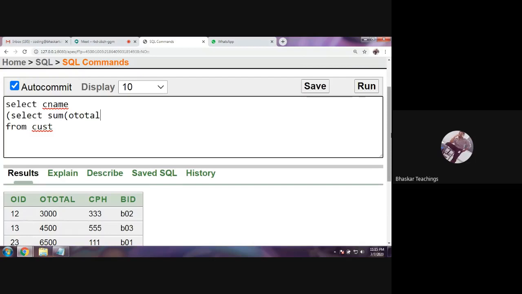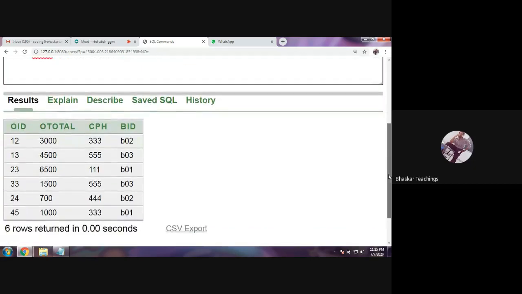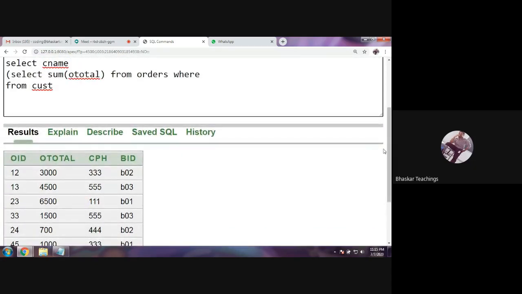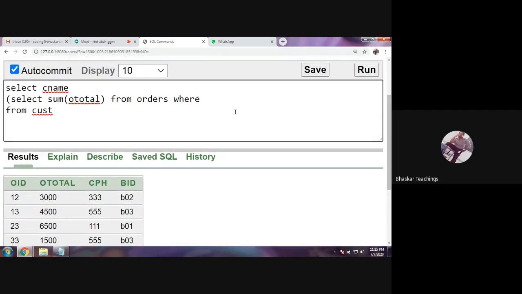Let us say this is the total. This is the table of the complete year. Throughout the year, these are the orders made by the customers. So total sum of O total from the table named orders. This is my inner query on orders, for which customers I want to know the customers who are available in the customer table. I want to get the total for the customers who are in the customer table, so cust.cph equals to orders.cph. This is my inner query.